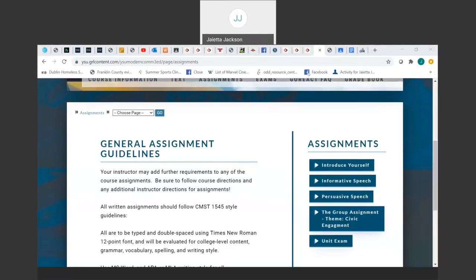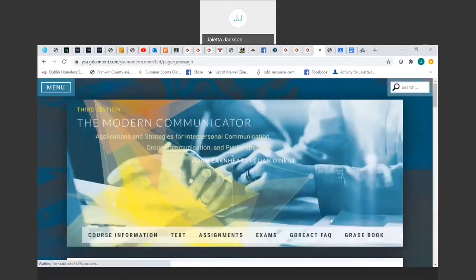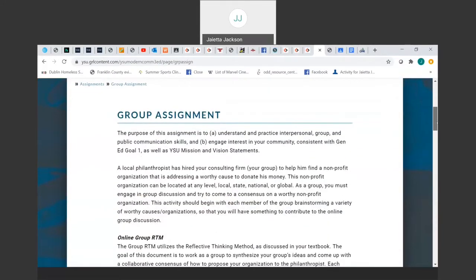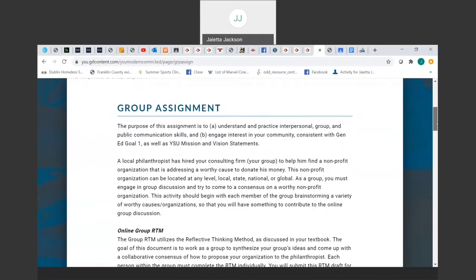We're going to begin by talking about the group assignment. If you go into the GRL site and click on assignments, then the group assignment, you can read the specifics about this group assignment. So the purpose of the assignment is to understand and practice interpersonal, group, and public communication